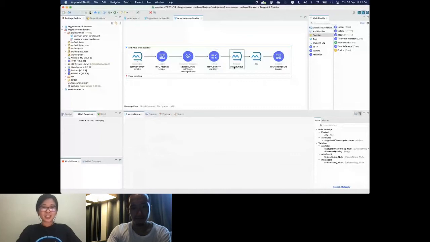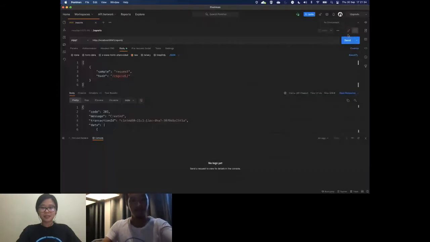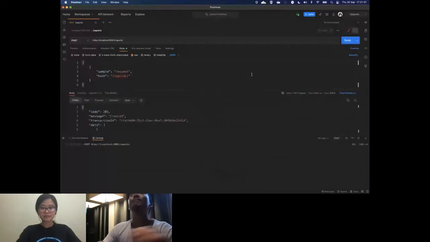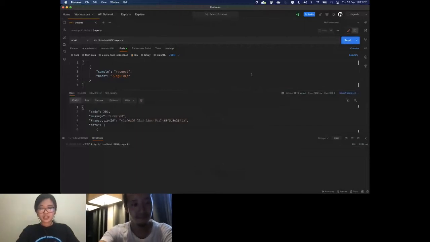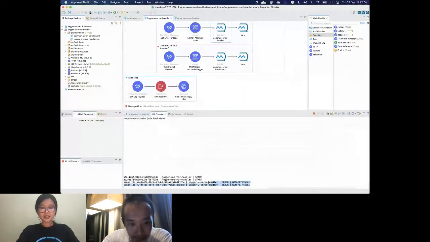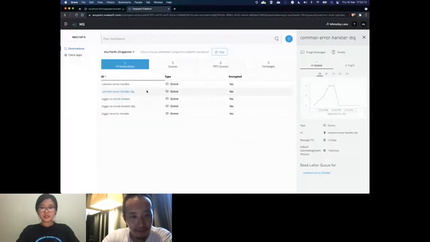Okay, let's proceed with the first sample. It should be a non-retriable error. I'll send one request, which should be equivalent to 2 log messages. And yep, they're all non-retriable. If we look into our DLQ, yeah, they are there. So they got sent immediately to our DLQ.